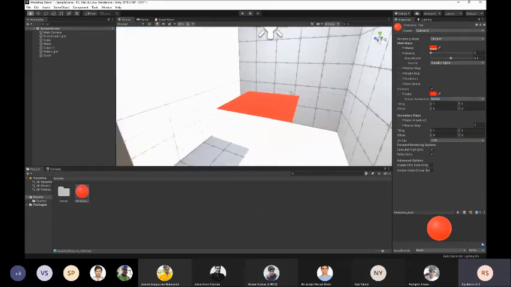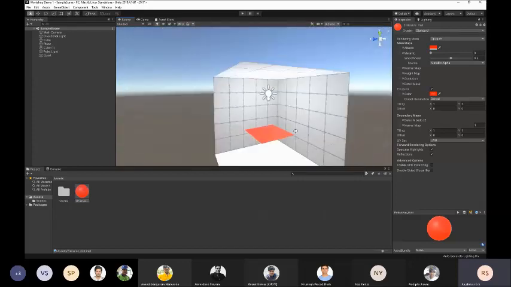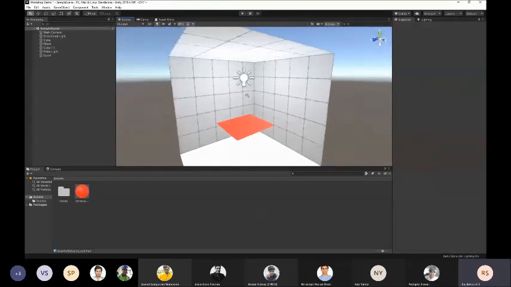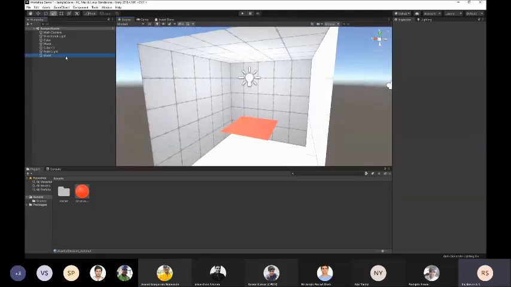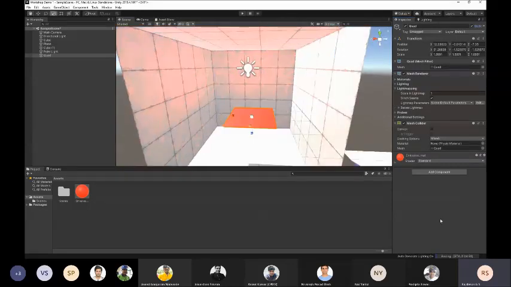We have given the emissive material to this object, but I don't see any red light affecting our scene right now, right? That's because we haven't declared it as static. Now you can see Unity is baking the light.